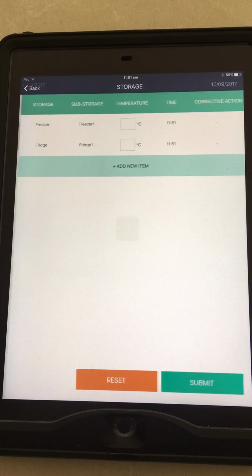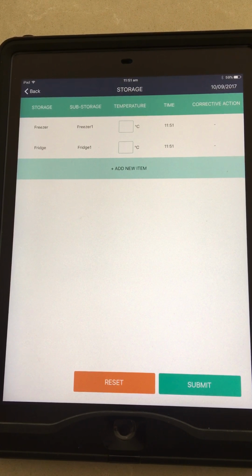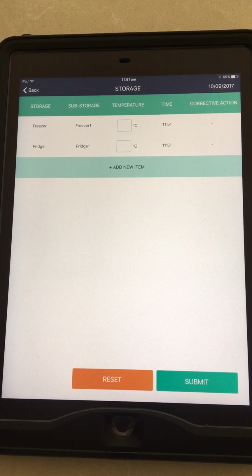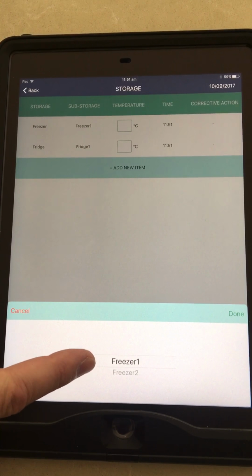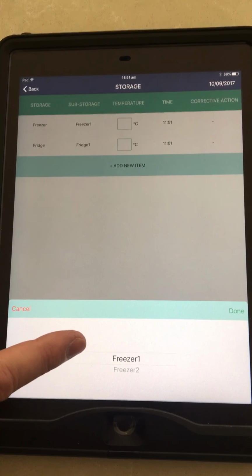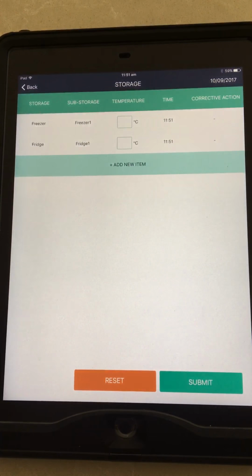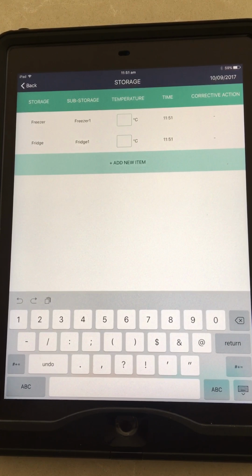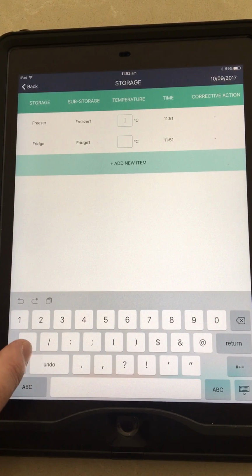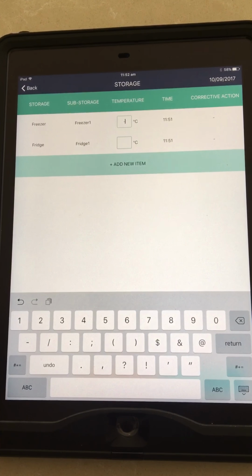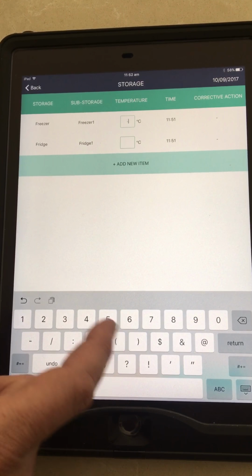For storage, the food handler can go and check the fridges and freezers in the morning. So if they're checking the freezers and they want to check freezers, they can go to freezer 1 or freezer 2, whichever one they like. They press done. The temperature, now we put in a temperature of -30 to -10. So if I put in -15